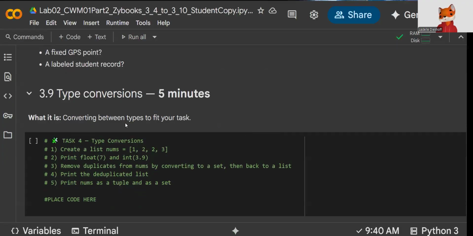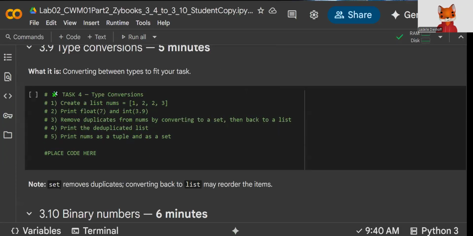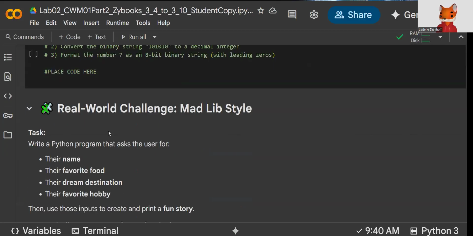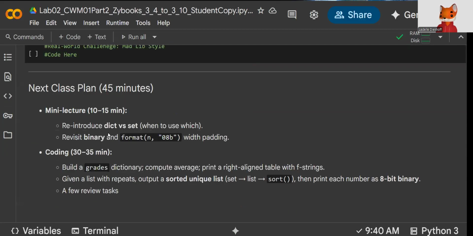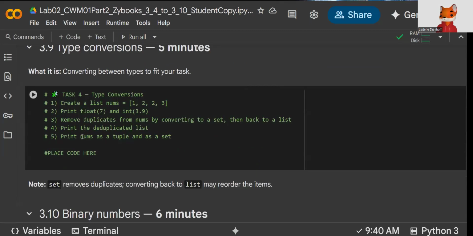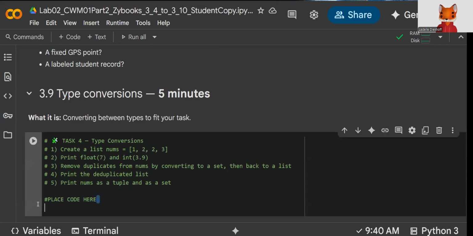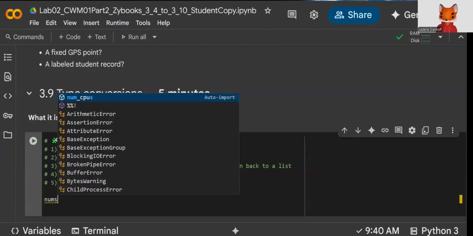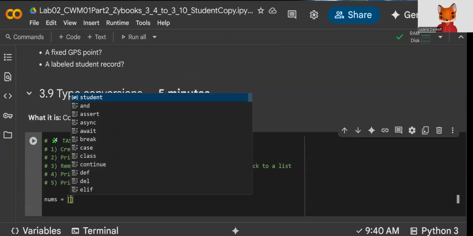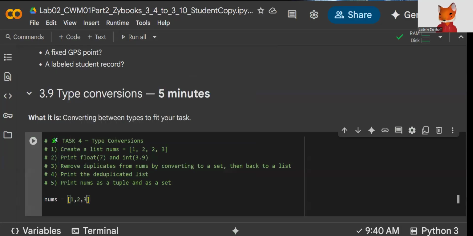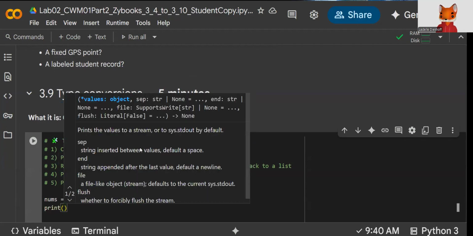The next part of this is converting between types to fit our specific task. So this is more so just review on things that we've already gone through. So in here, we're going to create a list, nums, and we're going to store inside of here 1, 2, 2, and 3. Then we're going to print out